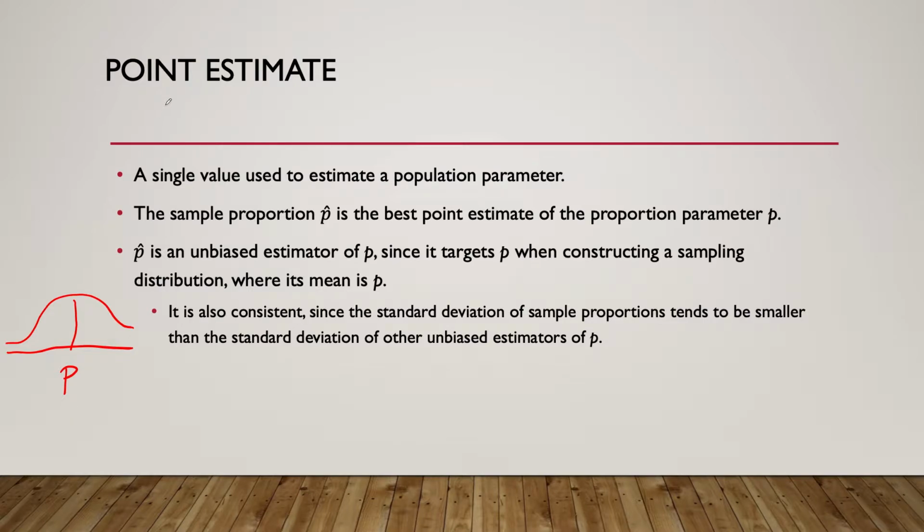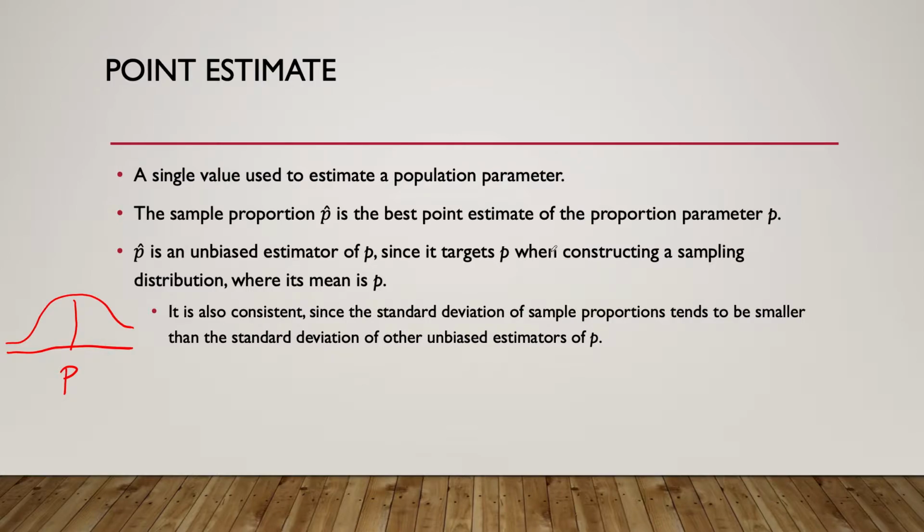Now, in order for us to estimate any of the parameters, we need a point estimate. A point estimate is a single value used to estimate a population parameter. And for the population proportion, we are going to be using the sample proportion, p hat, to be the best point estimate of that